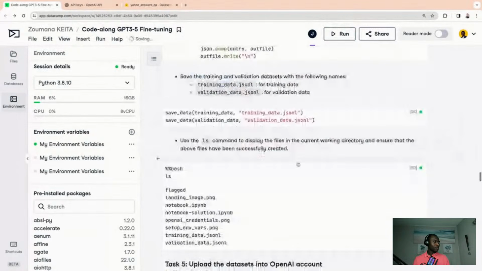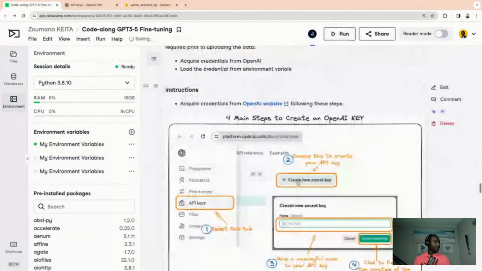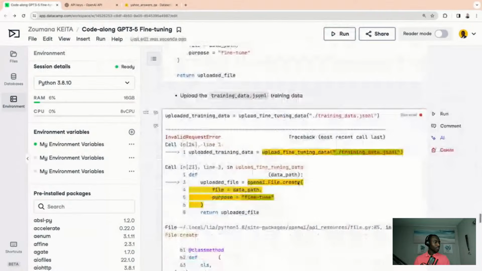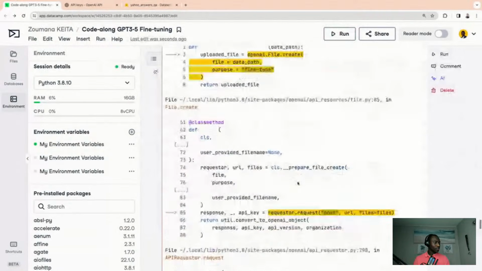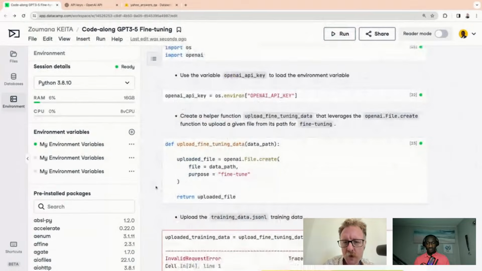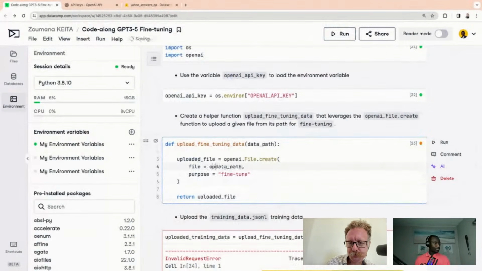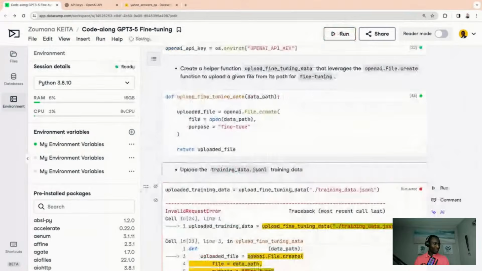And training JSON-L. Okay. Get back, invalid request error. Invalid request error. It might be one of those temporary things. Oh, it's this one. I have to open, make sure I open the file. All right, and then